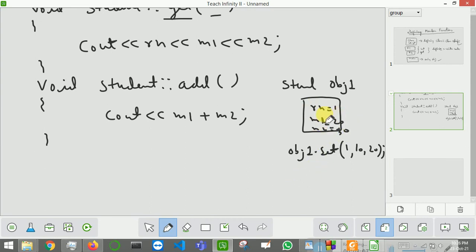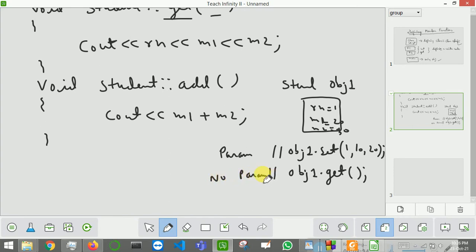So this is how values are assigned. Now when I want to print these values, you will not assign any parameters here. I will print these values using the get function, so I will call dot get. This get function will print the values, so you don't have to pass any value, and there will be no parameters. So this will be your parameterized function, and this will have no parameter.